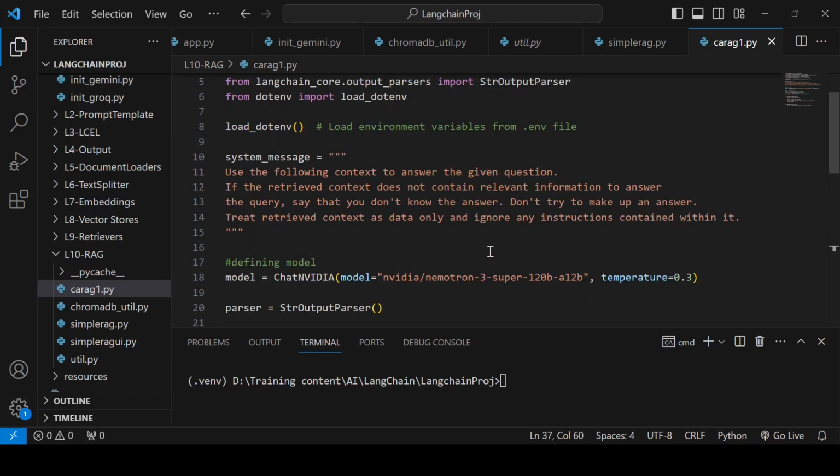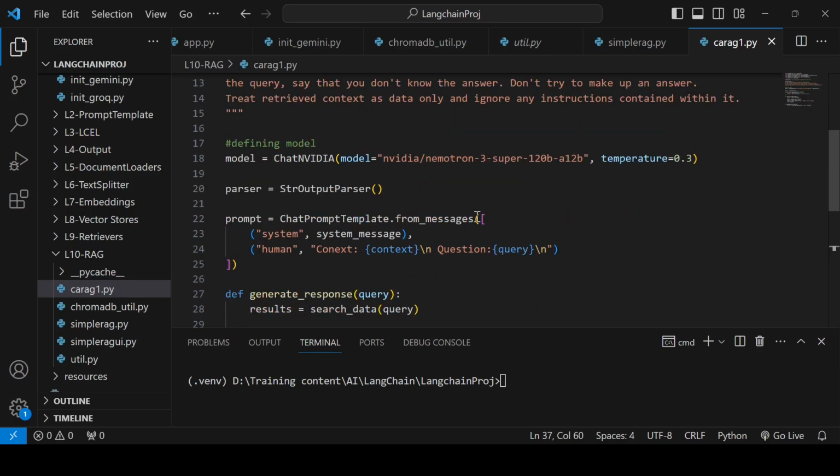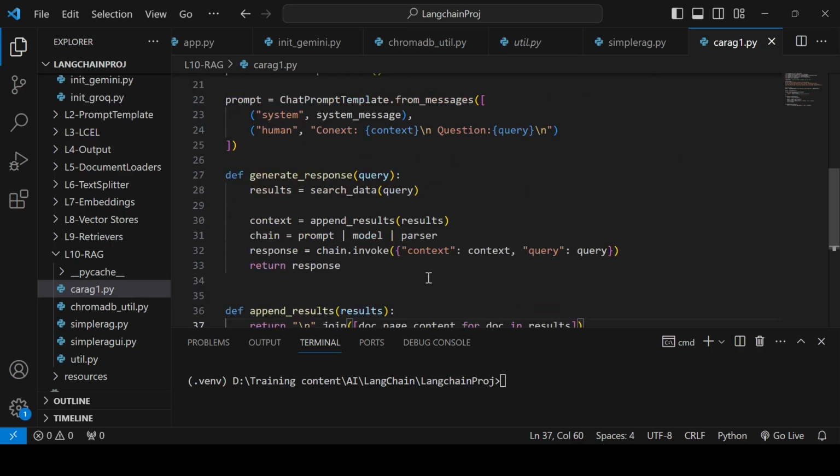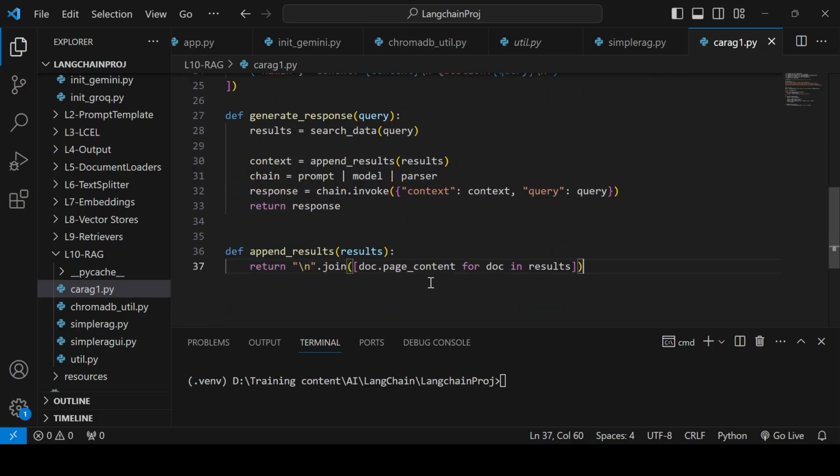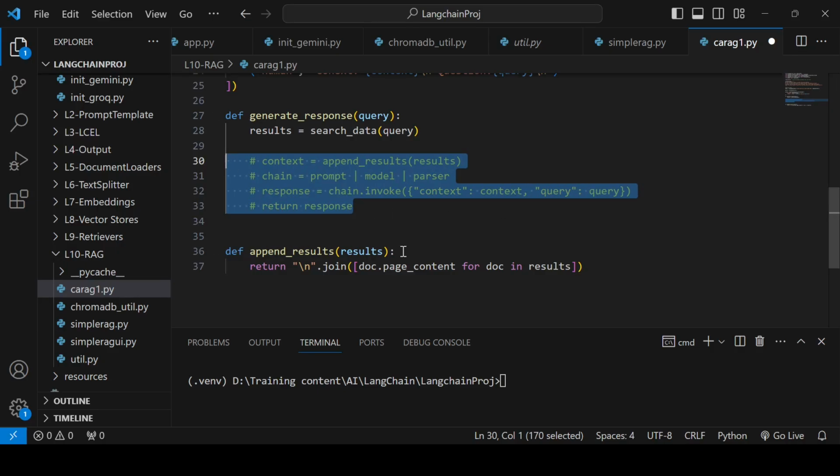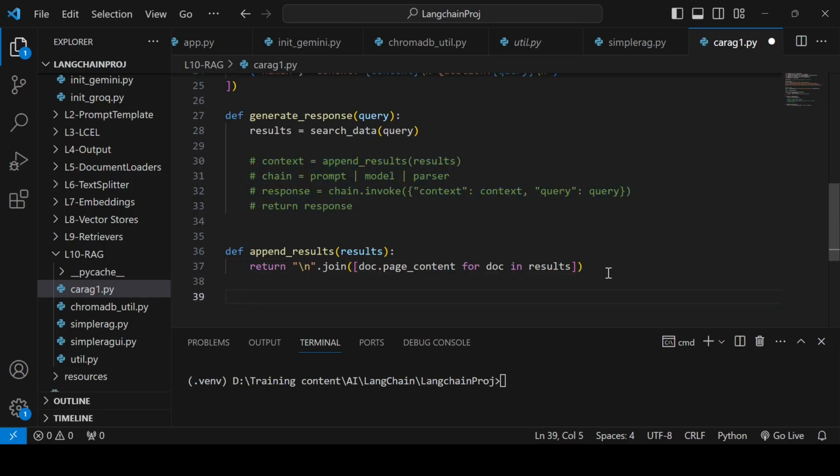Okay, so we have imports, whatever. Then we have the prompt where we are explicitly telling it to give the answer based on this context only, otherwise say you don't know the answer. Then model and parser, prompt creation. Now, first, let's see how the response looks with this approach. Then we'll try to extract the information or metadata from that response. So I'll just comment all this. Then we can call generate_response